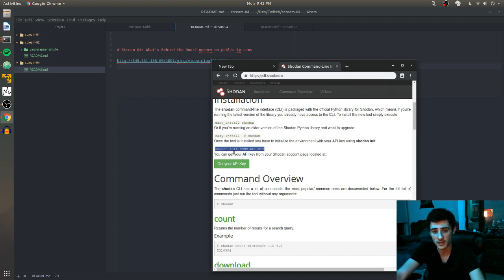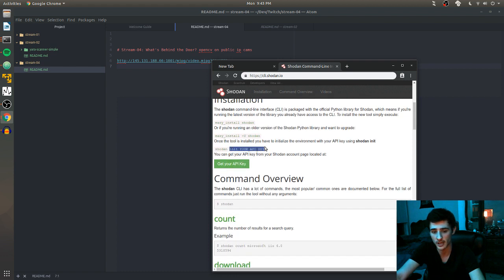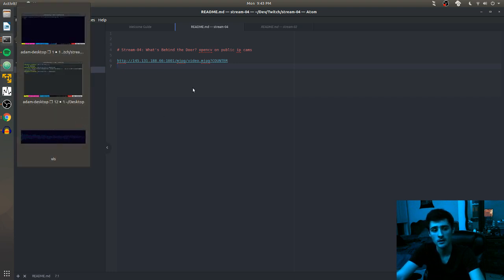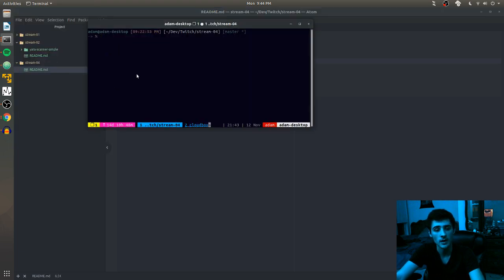And then to start up, you log into your Shodan account, and then you feed it your API key. That's so you can get different types of searches. You don't need to do that if you're just doing a basic search, but if you want to include fields, which we'll be doing, I'll show you an example of that. That's going to be something you want. So, let me show you with that API